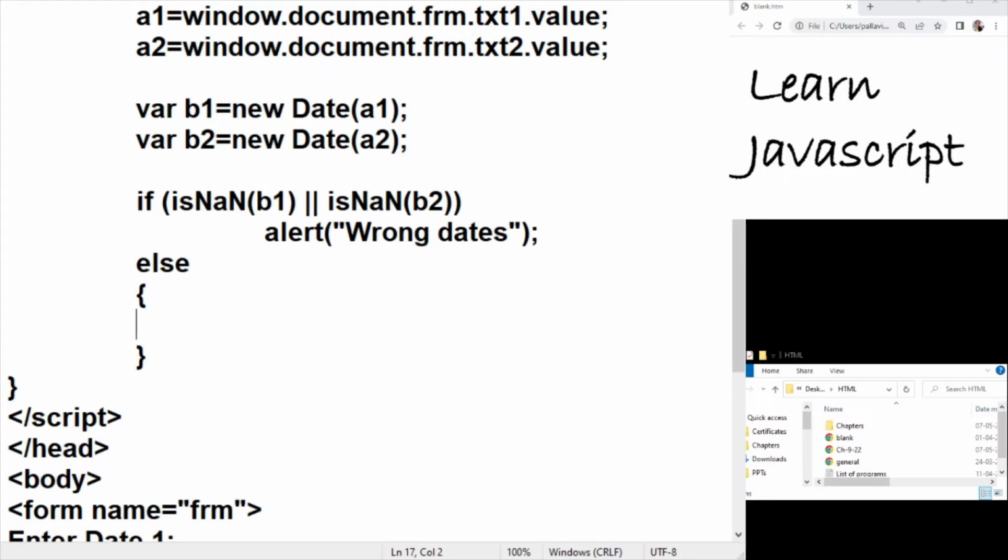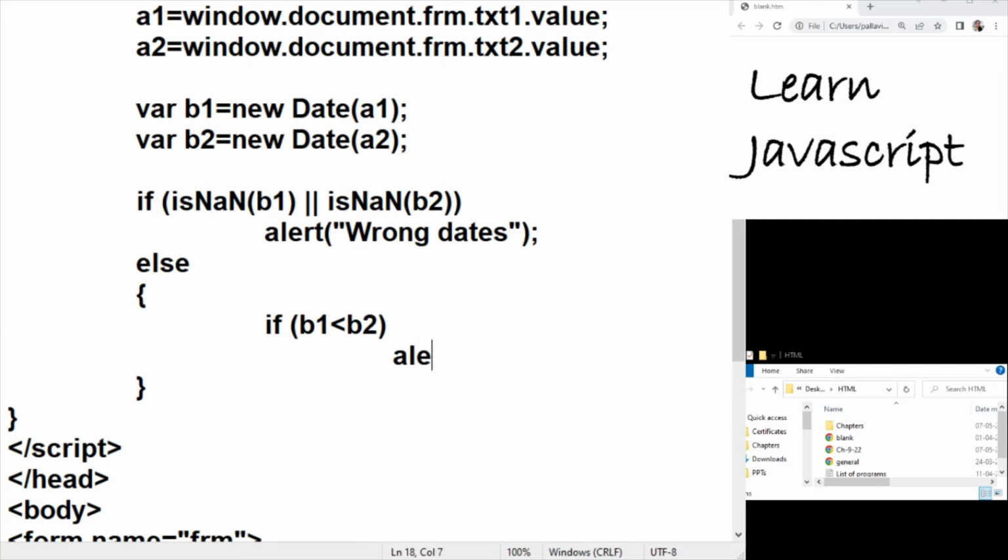Now, if both of them are correct dates, what do I need to do? I need to check which one is the past date. Now, with numbers, when I want to check which one is smaller, which one is greater, either we use the less than sign or we use the greater than sign. That's what I'm going to do because B1 and B2 are actually numbers. I would say if B1 is less than B2, obviously the first date is smaller